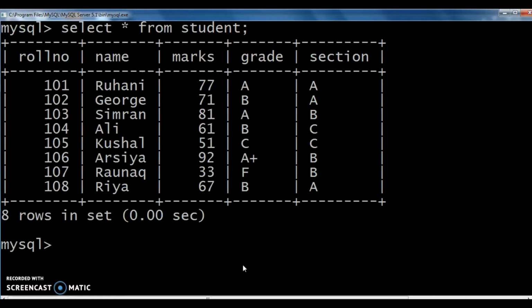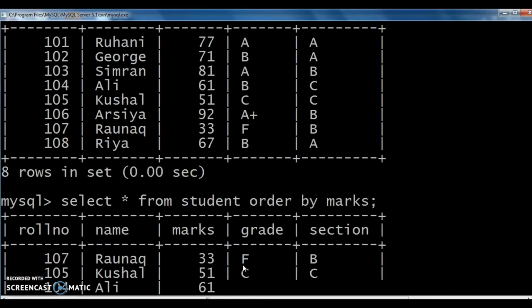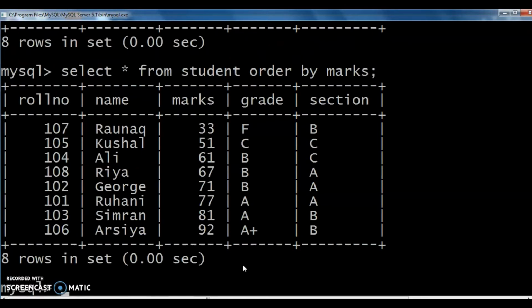For that we can use the query SELECT * FROM student ORDER BY marks. Check this one. According to the ascending order of the marks, this table is sorted.